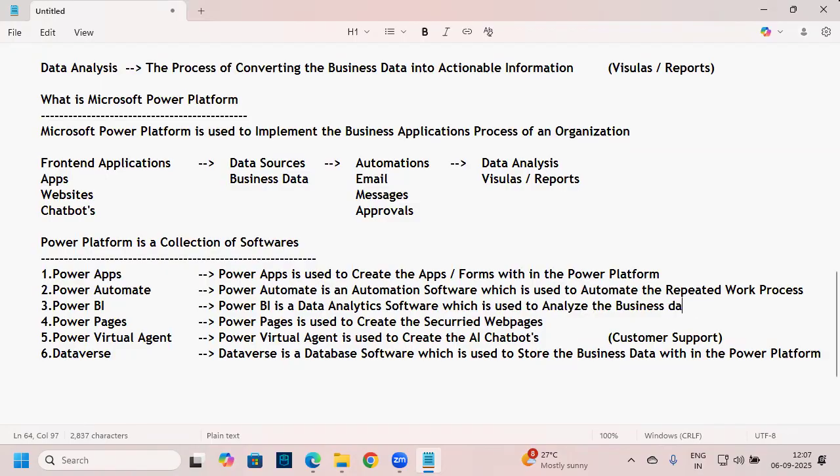So if you want to analyze your business data, go and use which software? Power BI. Power BI is a data analytics software. We can call it data analytics or data analysis, both are the same. Either is fine, guys. So Power BI is a data analytics software which is used for what? To analyze the business data. Where will companies store the business data? In the data sources. So whatever data is there in the data sources, to analyze that data, we'll use